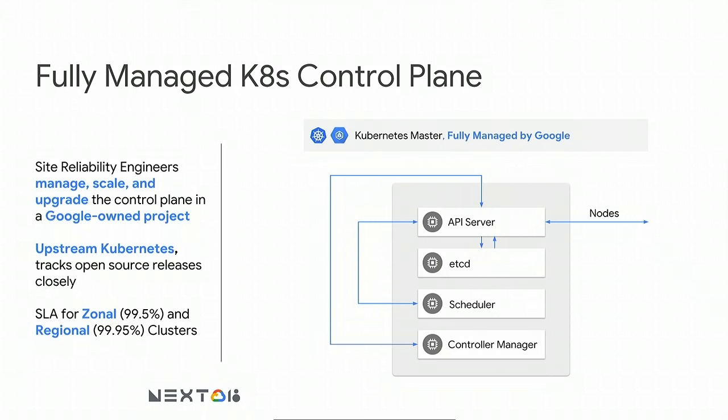And on GKE, the control plane is a fully managed control plane controlled by Google. We run this in our own project, and we have a team of site reliability engineers that are constantly doing the things that I described in day two operations. They're scaling the clusters, they're health checking it, they're backing it up, they're making sure that etcd is always upgraded with the latest and greatest security patches. This is really the operational burden taken off of the end user and put into the hands of the Google